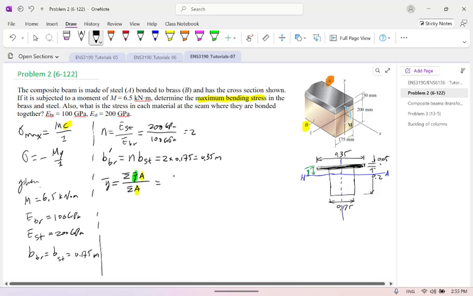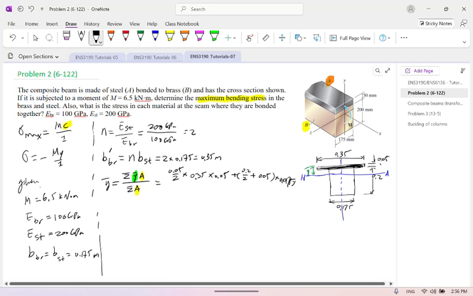Halfway is half of the 0.05 times the area, 0.35 times 0.05, plus the bottom one, the height is 0.2. So that means half of the 0.2 plus the top 0.05. That's the y bar times the